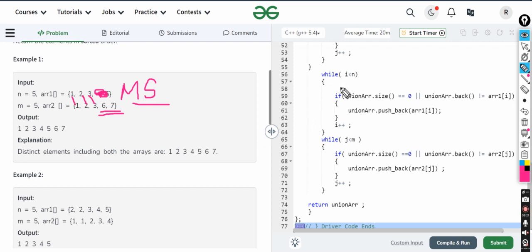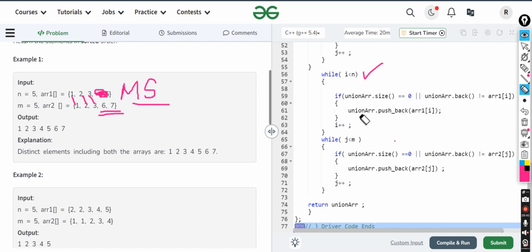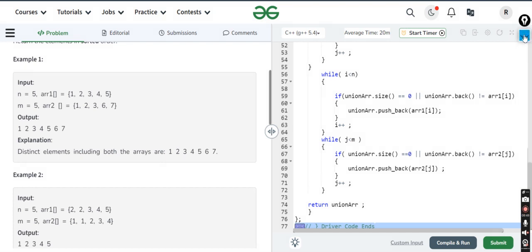If i is less than n, there are some elements in i but there are no elements in j, then what do we have to do? Then we have to go for this condition. Whatever is there in the array, just put it, because we have sorted arrays, we don't have to sort it again and again. Similarly for the jth also, and we have to return the union array. So, easy question, and the interview is in your hand. If you know this question, you will definitely get selected at a better position if you tell everything in a synchronized way. So let's compile our answer.